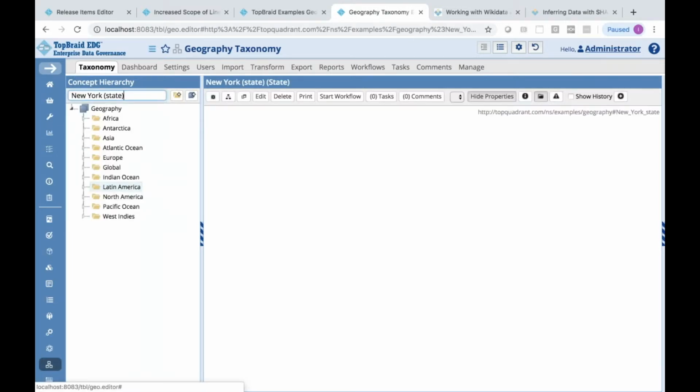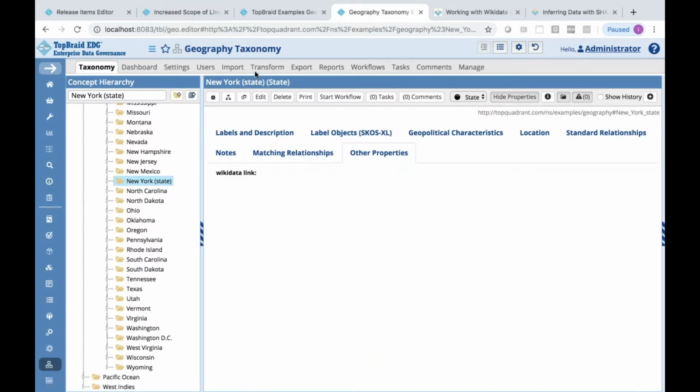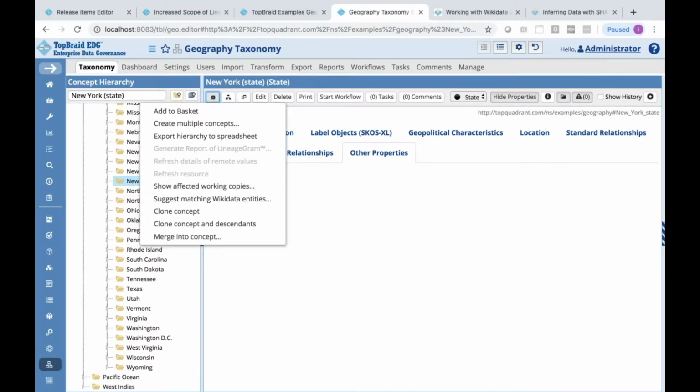New York State, for example, and I think find suggestions. Find suggestions here, or I could go and suggest matching Wikidata entities.